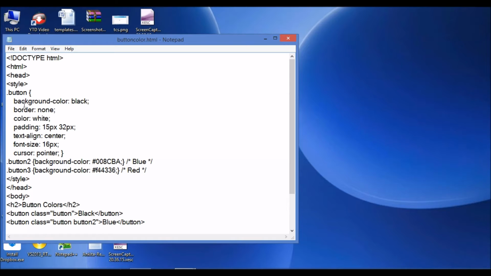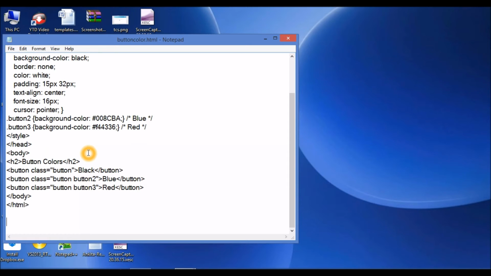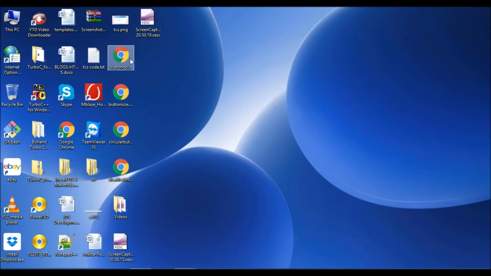Well, the changes what I want with my button 2 and button 3 I have defined is that my background color should be changed to blue, and for the next one I have used this red. Well, this is the hexa color code and here I have defined the name of the color. I have written the class as button2 because I want that this similar styling should be followed here, instead the background color should be changed. So let's save it and run it in our browser.